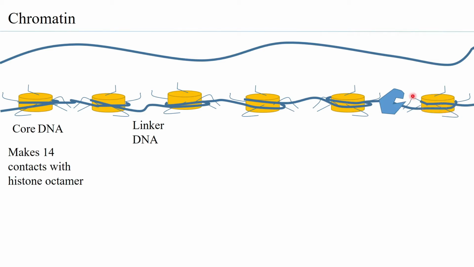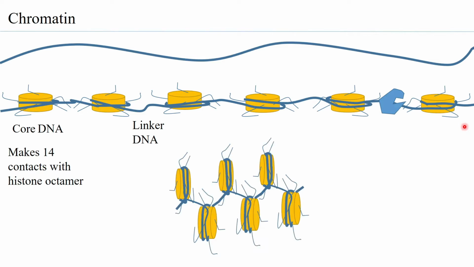So you can see that transcription, even if it is beginning, the RNA polymerase or the transcription machinery has to ensure that for elongation as well, the DNA gets loosened from the nucleosomes or unpackaged from the nucleosomes. That is one aspect that is going to be taken care of by nucleosome modifiers and chromatin remodelers.